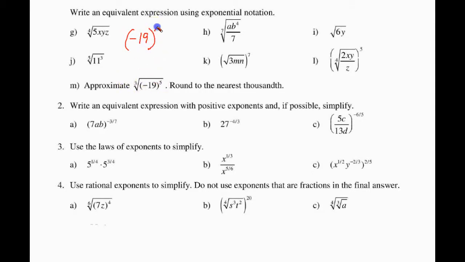Now we use a caret, and we write our exponent. 5 divided by 3. Put that in a parenthesis, and then you hit enter. And when you do that, you get, let me write it out here for you,